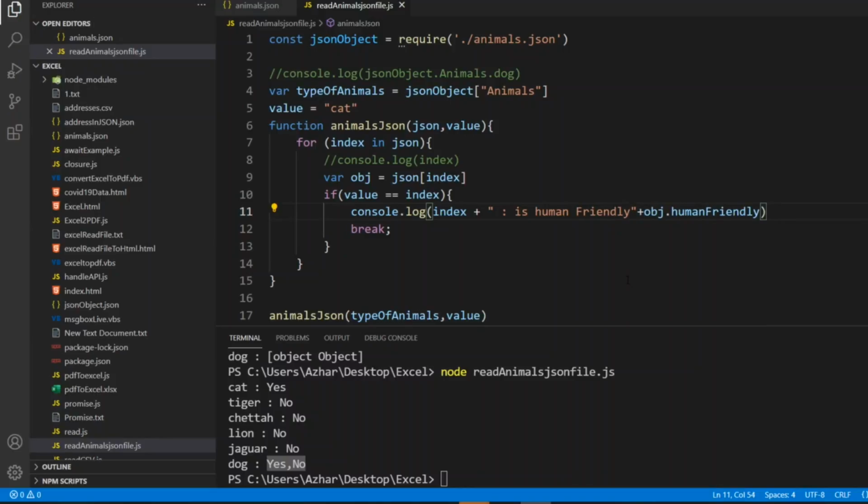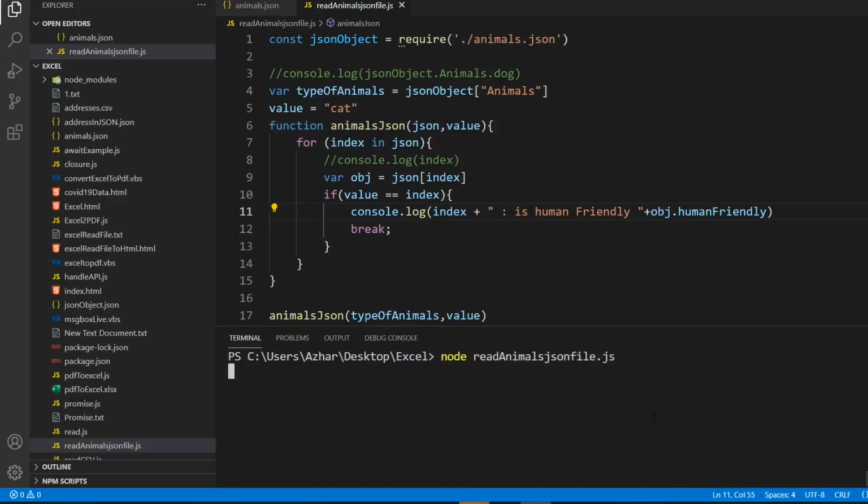Human friendly in the sense that we can use them as pets, cats, but not big cats. They're carnivorous animals. So let me execute this. See, I've given cat is human friendly. Yes. So I'll give a question mark here.